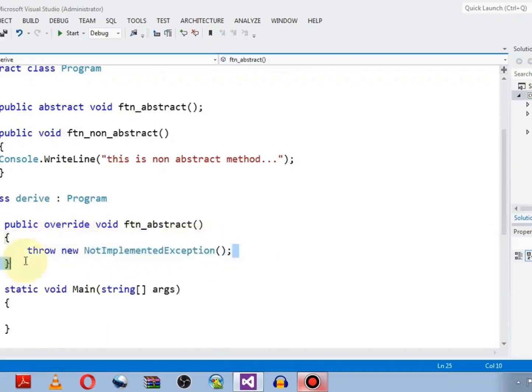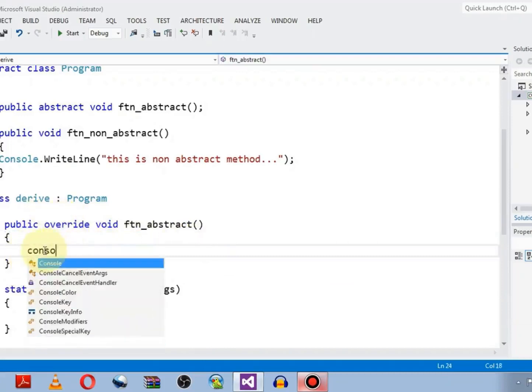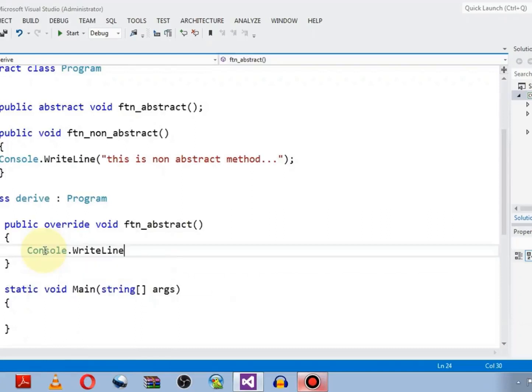So we have just defined the abstract method, and now let's print a simple message. This is abstract method.